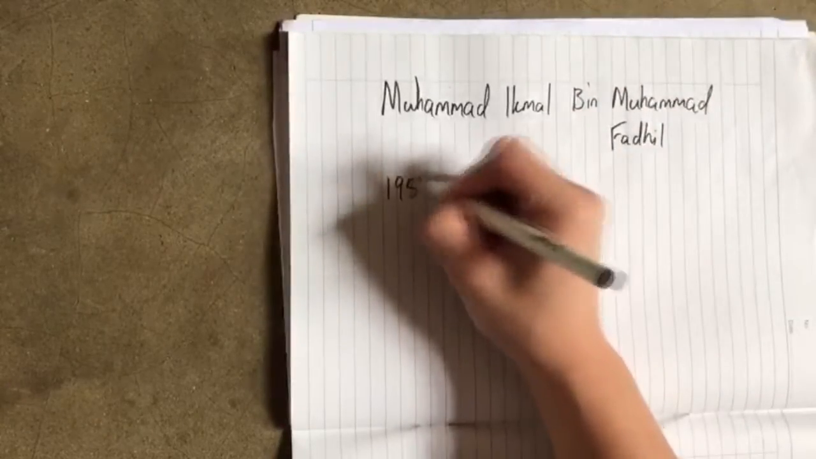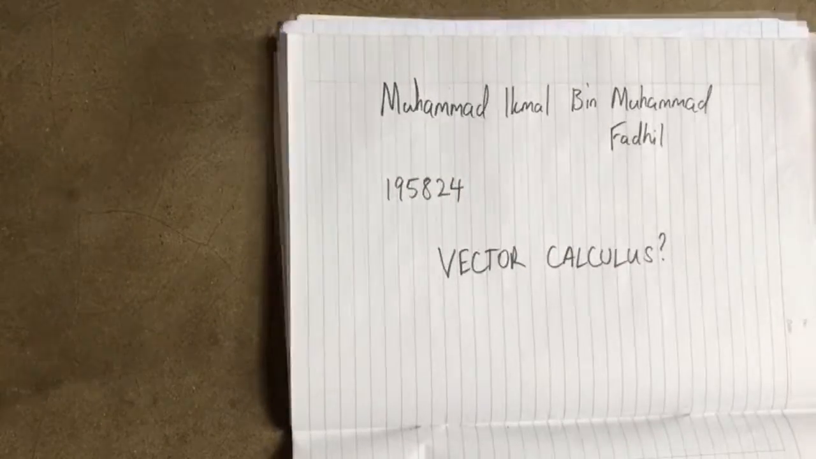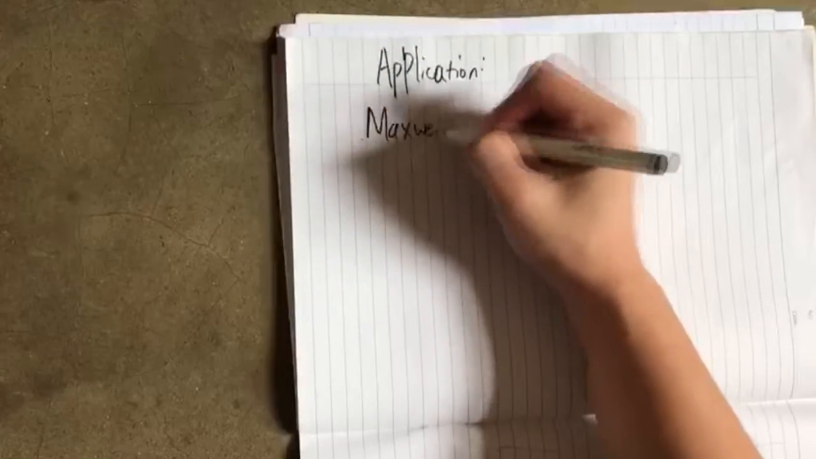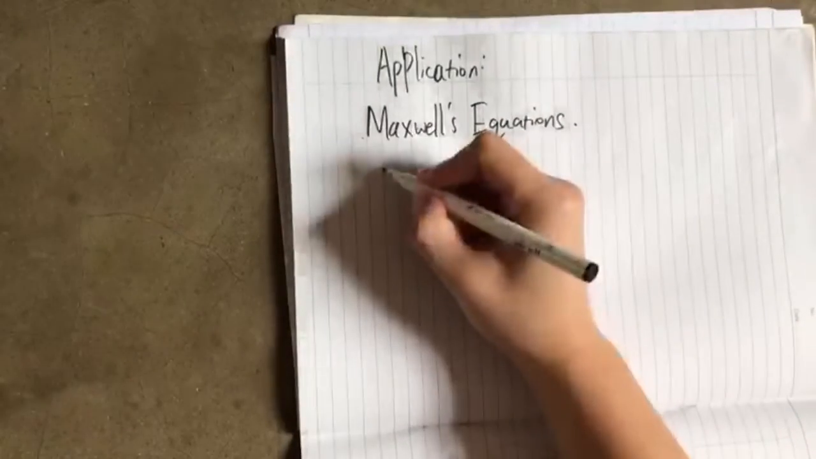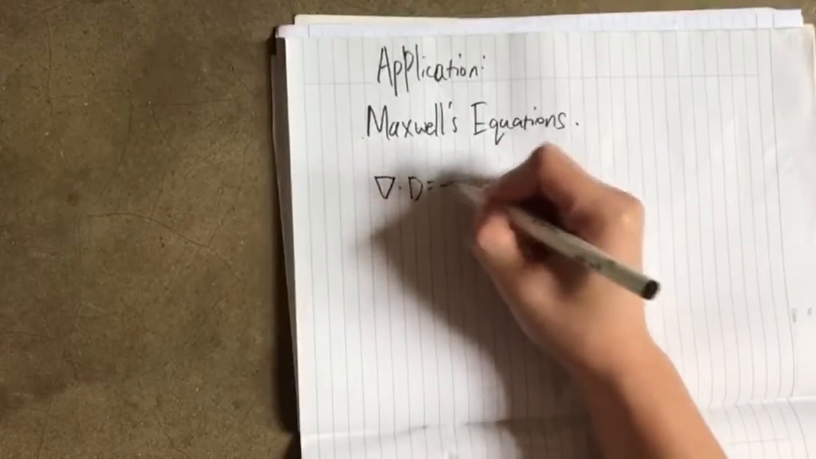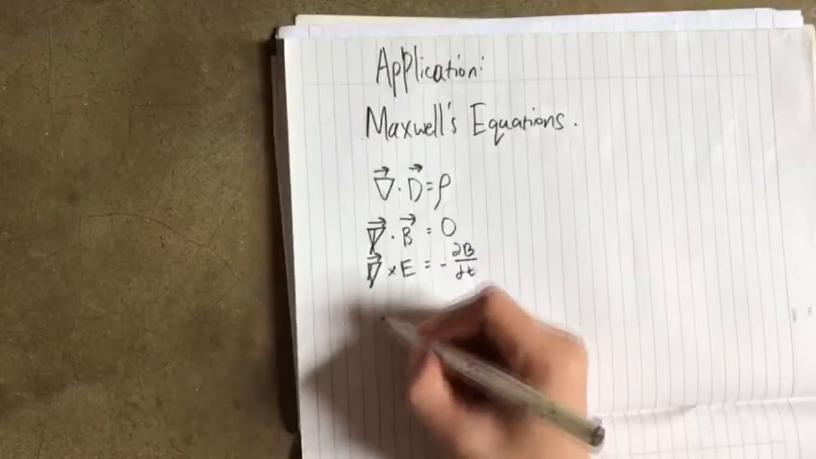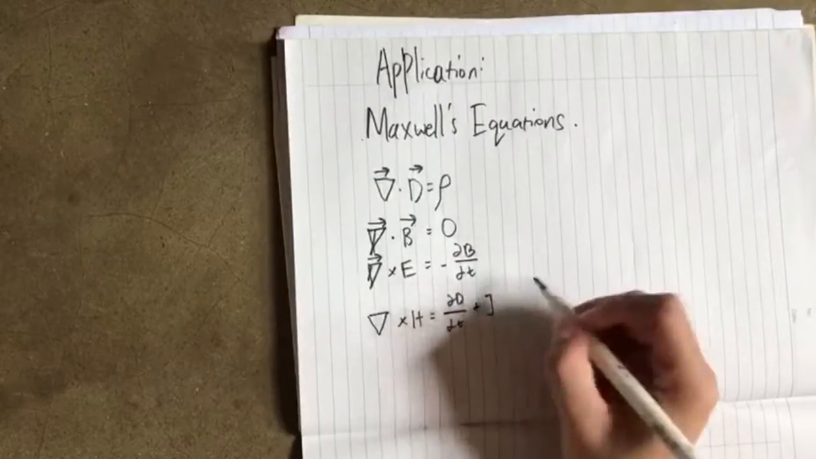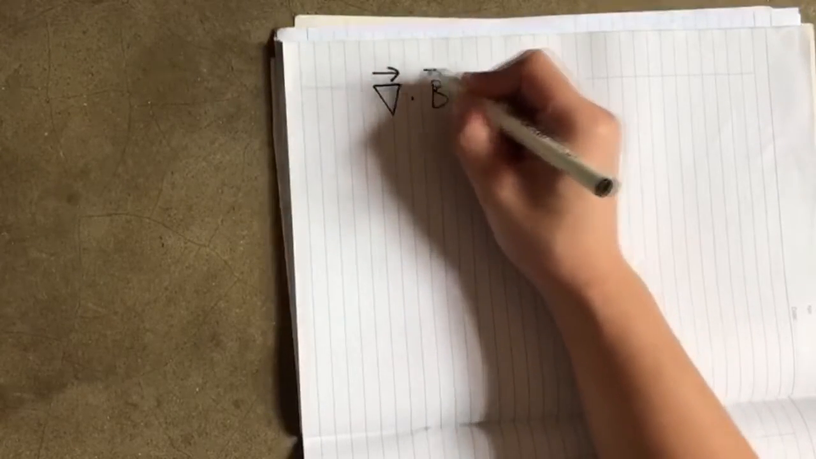So today I will be talking about the applications of vector calculus. One of the applications of vector calculus is the four Maxwell's equations. The Maxwell equations are four differential equations which describe electromagnetism. But to keep it short, I'll only be focusing on Maxwell's second equation, which is also known as